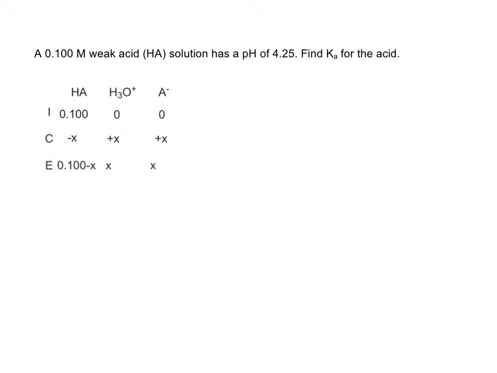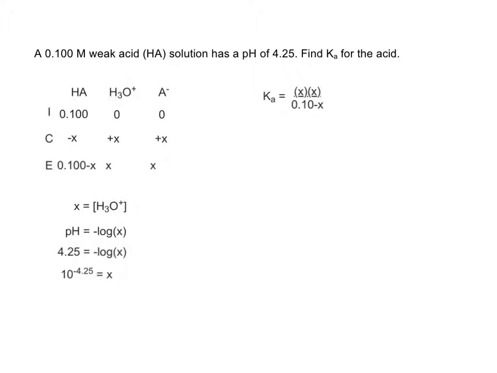Okay? So our equilibrium concentrations are going to be 0.1 minus X, X, and X. Okay, so if we put that into what would be our Ka equation, then we have Ka is equal to x squared over 0.1 minus x. Okay, and in this case, since x is our H3O plus, we're going to have to use the pH to find H3O plus. So we know that pH is equal to negative log of the H3O plus concentration, and we know that our pH is 4.25. So this, if you haven't covered logs in another class, you're probably just going to have to remember that this is how you solve this, but the log is base 10, so you just do 10 to the minus 4.25,